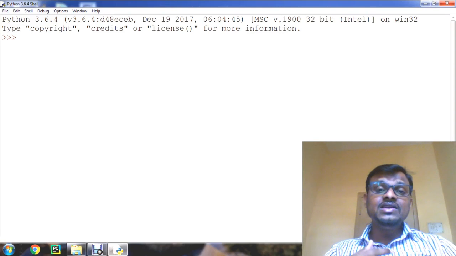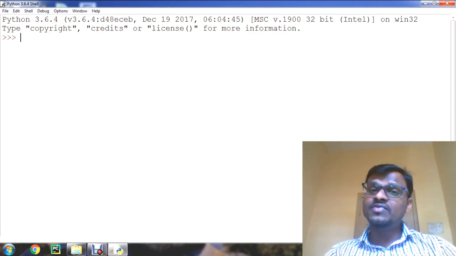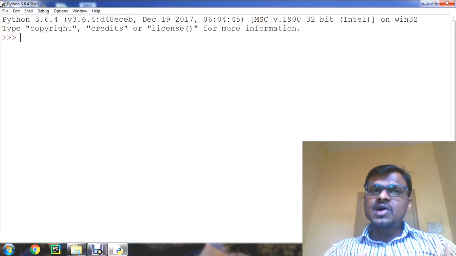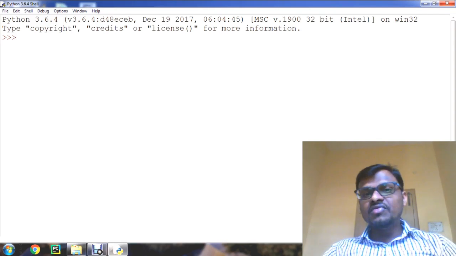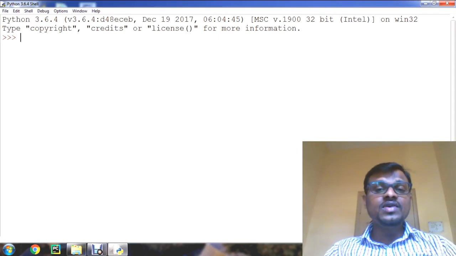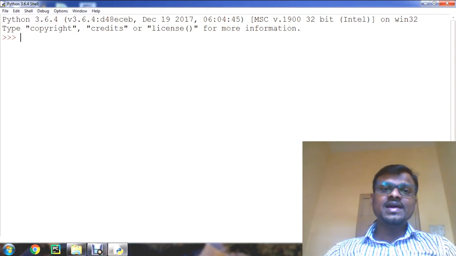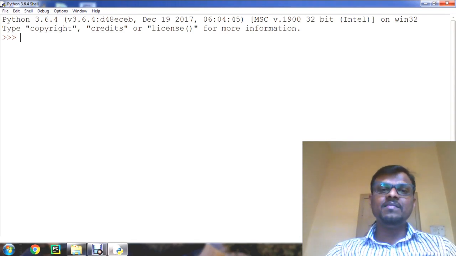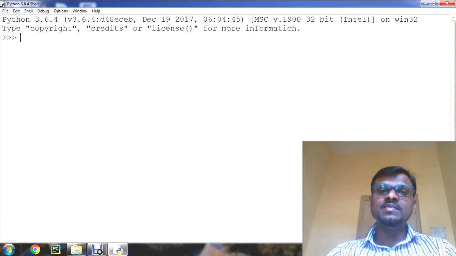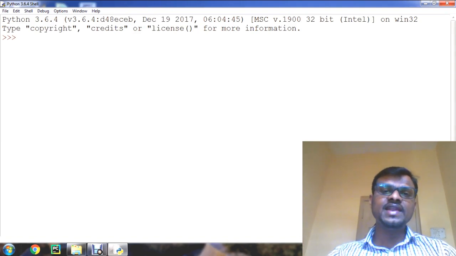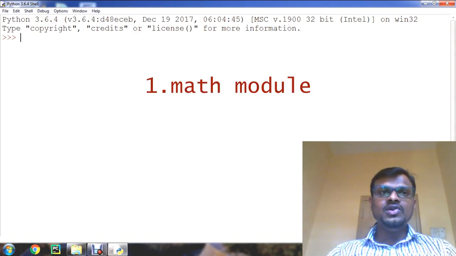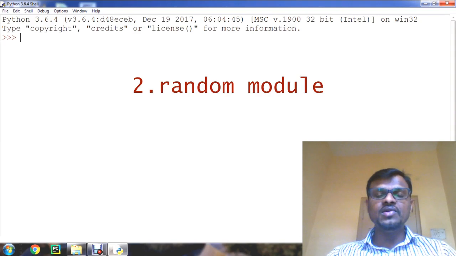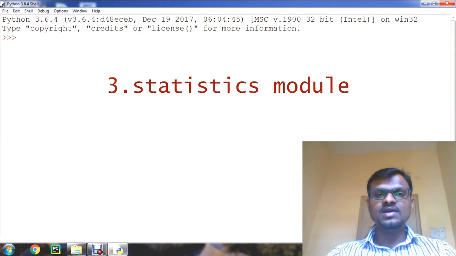Programmer can use those functions without defining them, and that's why it makes the programmer's work easier. So let us explore some commonly used modules and the frequently used functions found in those modules in Python. We are going to discuss the major 3 modules available in Python. The first one is math module, second one random module, third one statistics module.